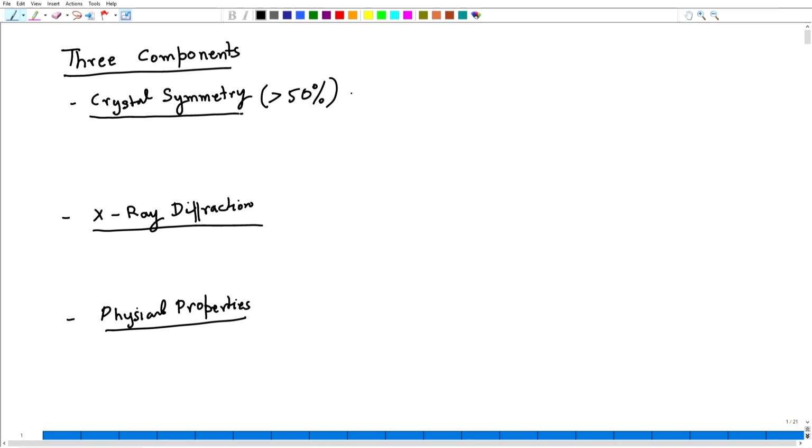The salient features, for example, of crystal symmetry: in a more general sense, it is also called crystallography. Most students of sciences and engineering would have done a basic course of material science in which some part of crystallography is included. But we will be going into those starting from the basic components. We will take it to a much deeper level of crystallography and symmetry. In fact, symmetry is the basis of crystallography.